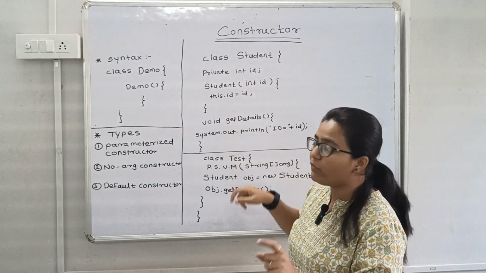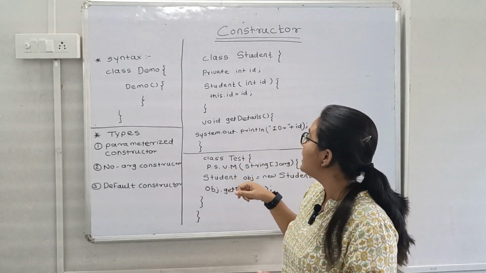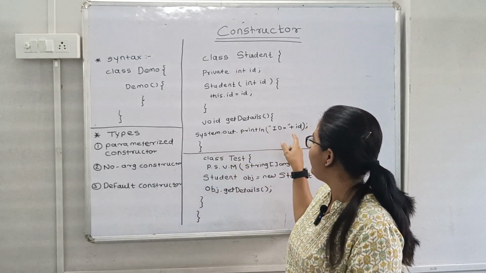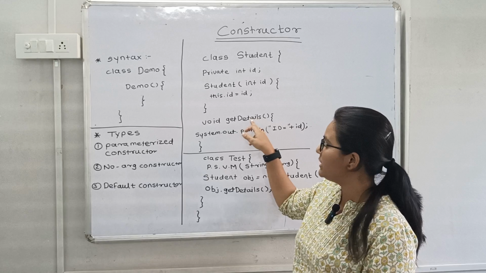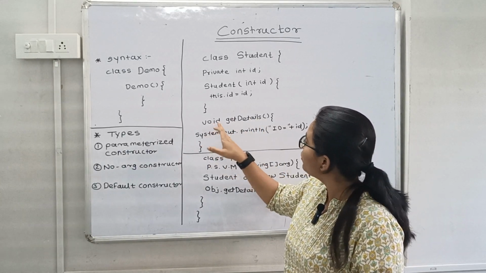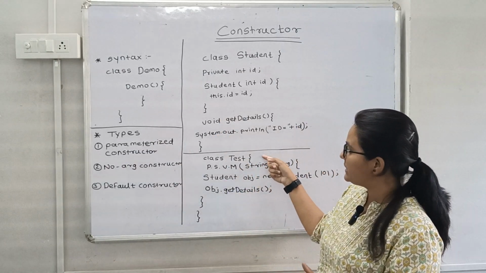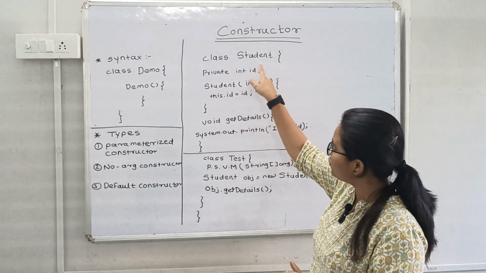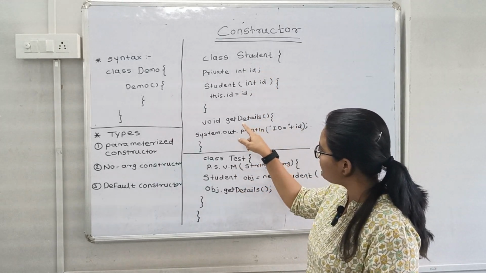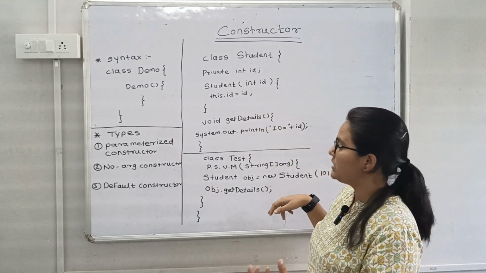Okay, and we create one method. The name of the method is getDetails, and by using System.out.println, we print our id inside this method. To call this instance type of method, we have to first create an object. In the Test class, we create an object of the Student class, and by using the reference obj, we call this method getDetails, and the output which is shown